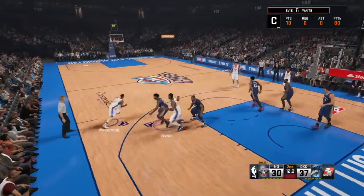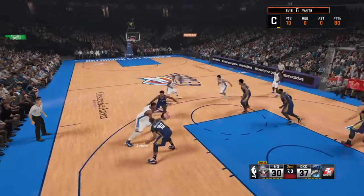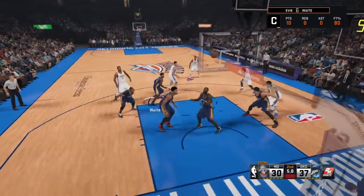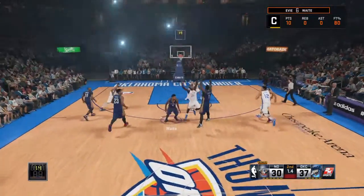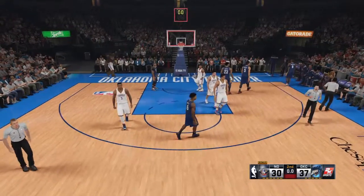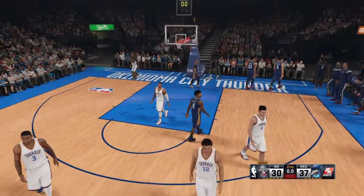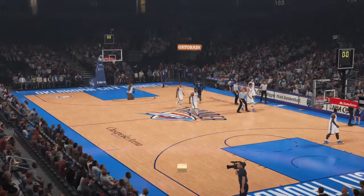Right side, Westbrook. It's Jones on the wing. Pulls it from the elbow. Evans with the rebound. From deep, that misses. Would have counted had it gone in. Scott, what exactly are they doing to take away your...